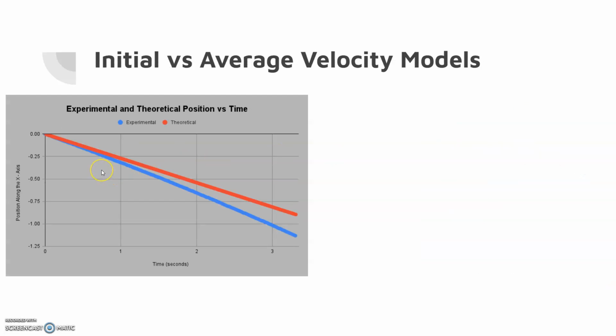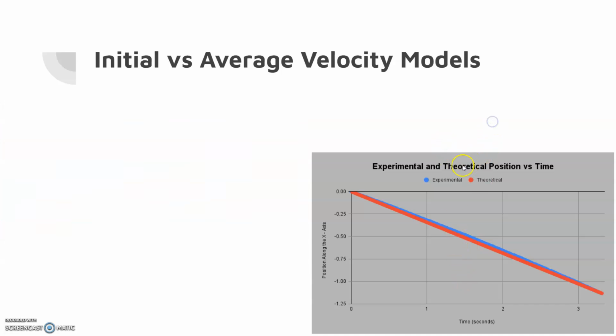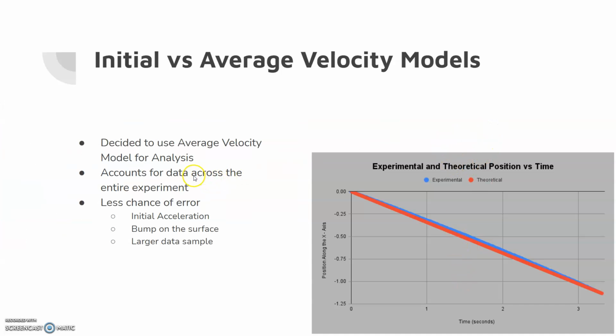So this is the graph using the initial velocity of both the experimental and theoretical position in time, and this is the one using the average velocity model. So as you can see, there's a much tighter spread for the average velocity model, and there's less discrepancy in the data. And so for that reason, I decided to go with the average velocity model,